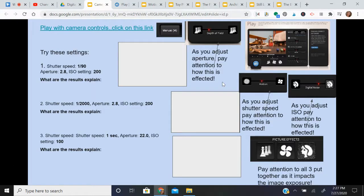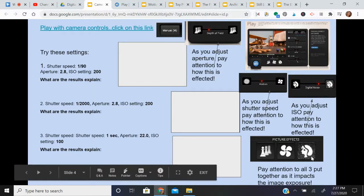As you do this, I want you to pay attention to depth of field. I want you to pay attention to what happens to the motion, to digital noise, and I want you to pay attention to these picture effects. Okay, so if we come back here,